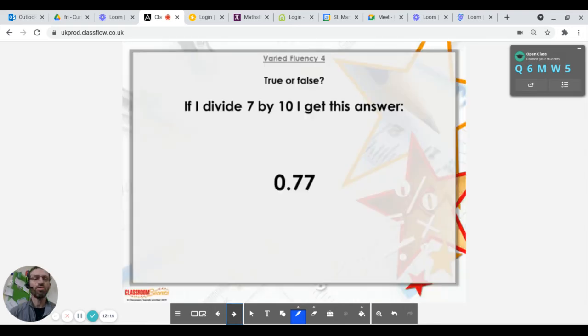True or false? I like these. Let me just move my chair in. If I divide 7 by 10, I get this answer. Let's write it out then. So I've got 7, and I'm going to divide it by 10. Now, on the charts that we looked at earlier, we saw how the numbers change when you divide them. So 7 divided by 10, well,